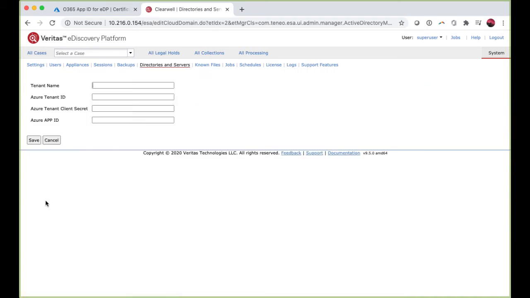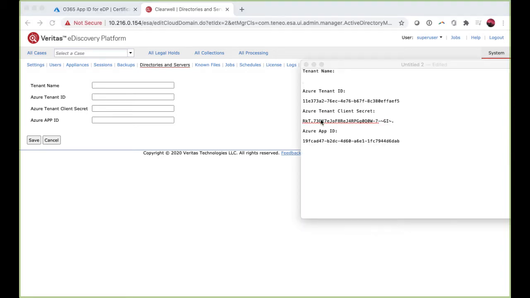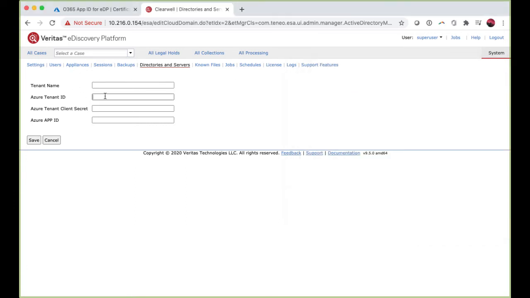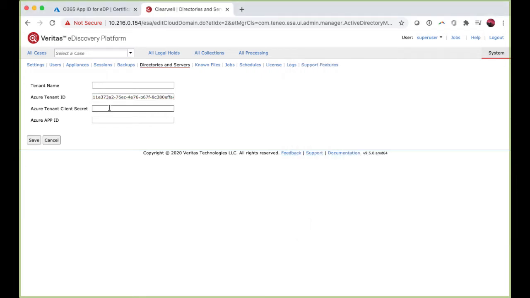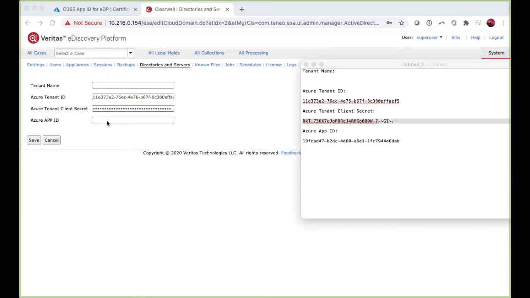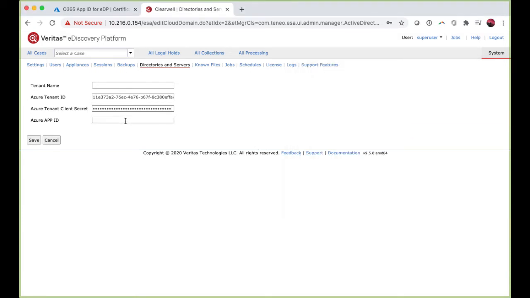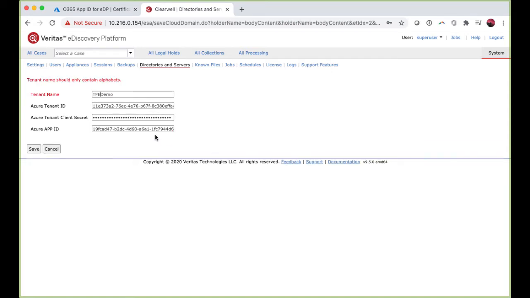And the information that we gathered when we were in Azure, we're going to use here. The tenant ID, the Azure tenant client secret, which is that one code that we can never retrieve again, and the application ID. And once we paste these in here, it has to have a name that cannot have any numbers, so you cannot use your Office 365 environment. And we hit save,